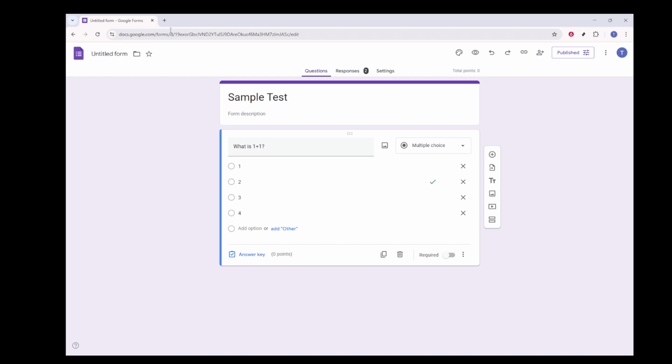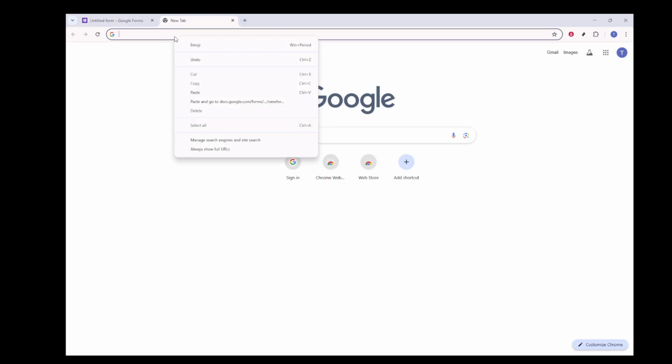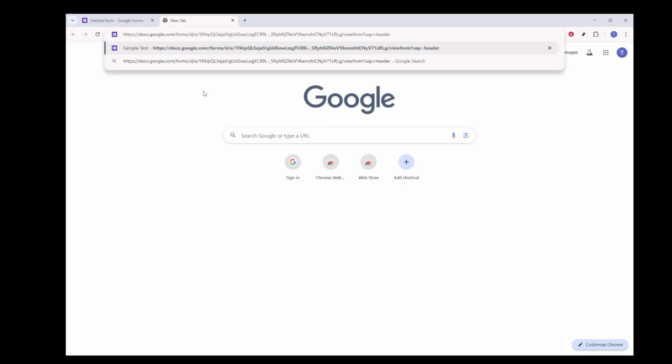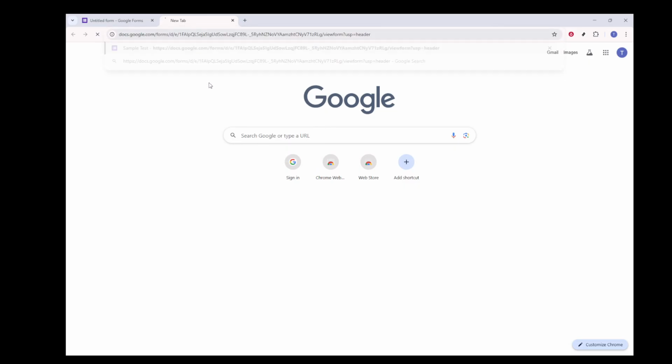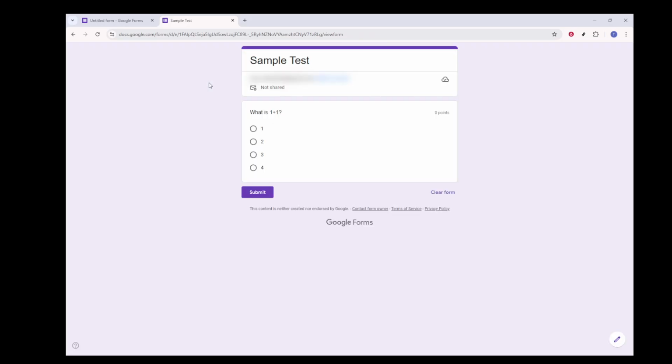Be sure to test the link in your web browser to confirm that it's functional and leads to the correct form. Clicking on Copy will put the link on your clipboard, ready to be pasted wherever you choose, whether it be in an email, on social media, or embedded in a website. Make sure your form settings are correctly configured to either capture responses anonymously or with required details, depending on your